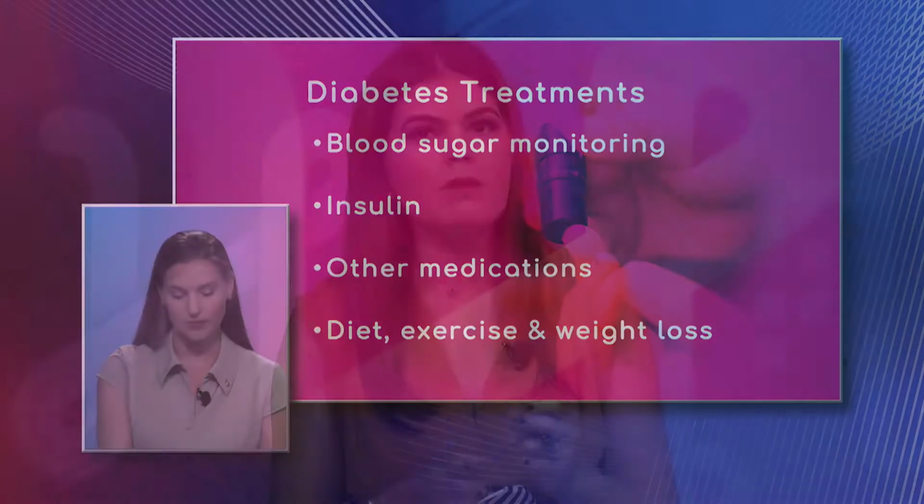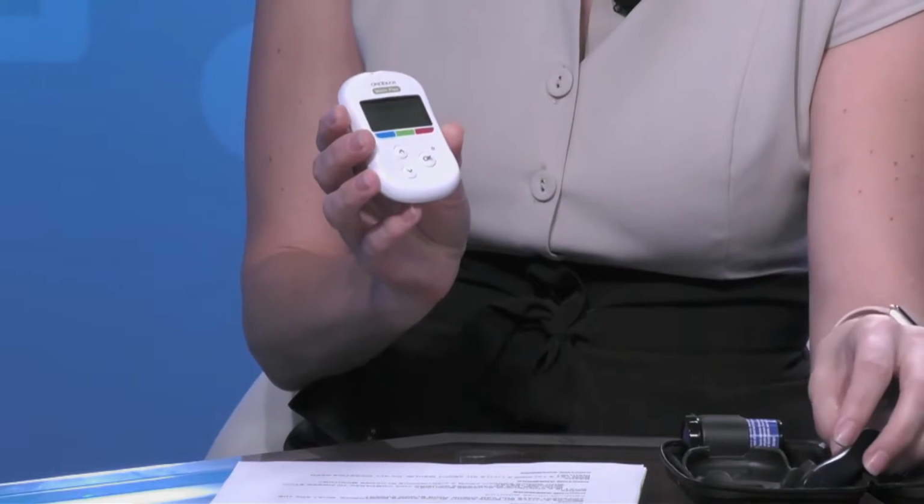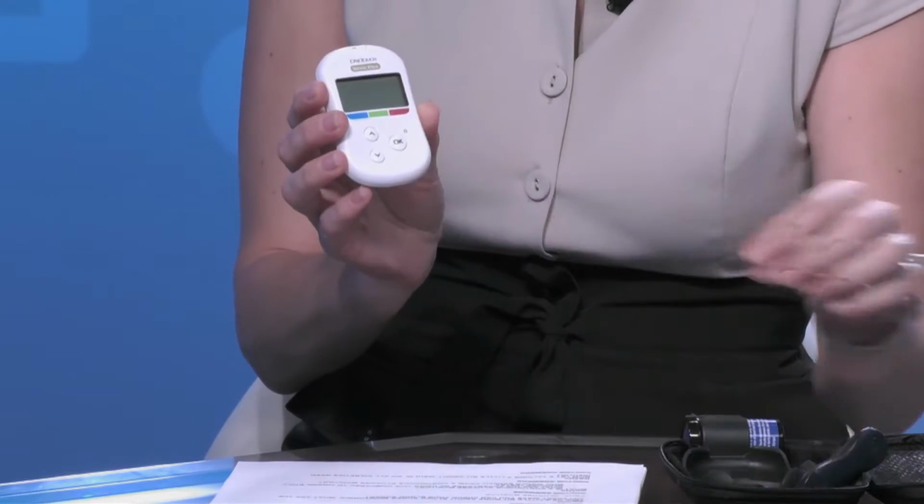Okay, so let's talk more about blood sugar monitoring. When we think of that, we think of the prick on the finger. So what are the different ways that you can check your blood sugar, starting with this device? Sure, absolutely. So this is a very typical glucometer, or blood sugar monitor, and what happens is that you use